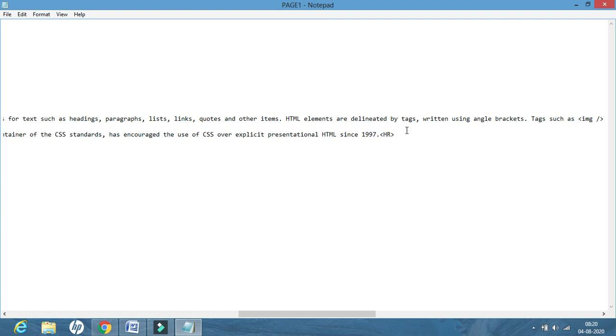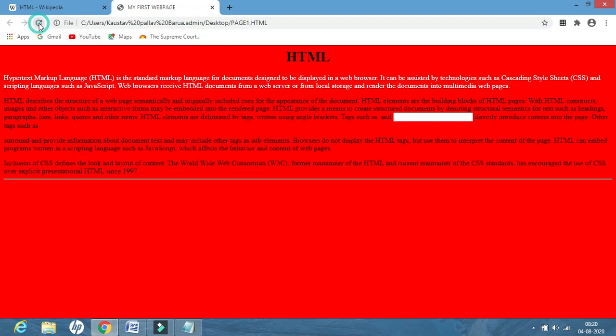But in HR, HR means horizontal row. So this HR will just draw a line, a single line. It will not go on drawing many lines one by one. So since it is drawing only one line, there is no need to close HR. So we will click on File, Save, run the document and see, this is the line.